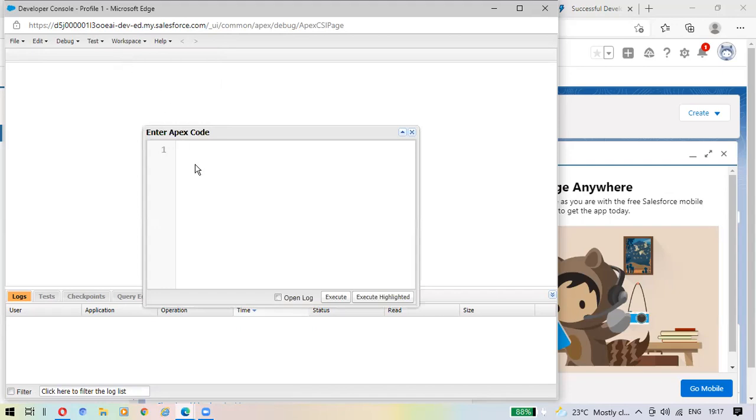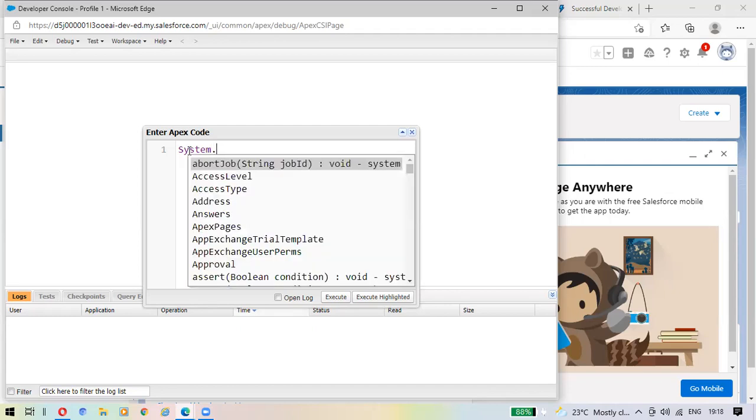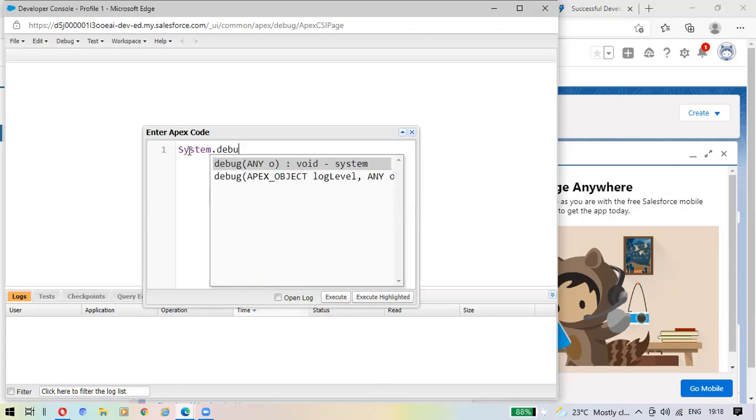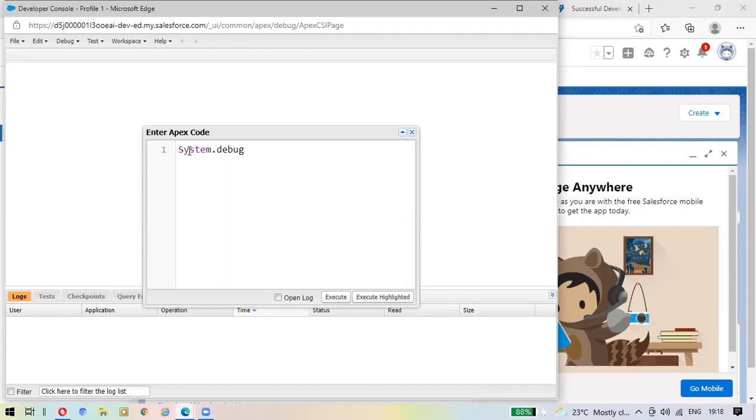Here you type System, S capital letter. Dot. Just one line of code: write debug, and in brackets, within single quotations, write Welcome Salesforce, some message.